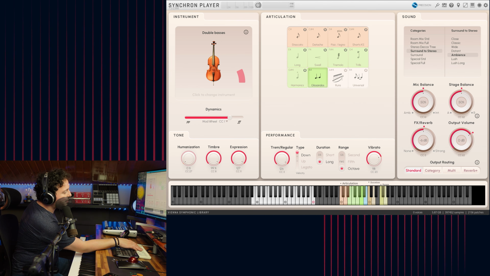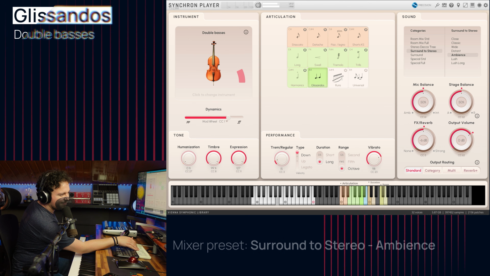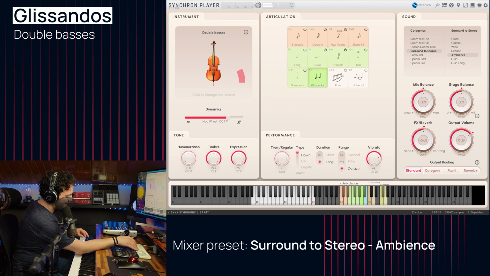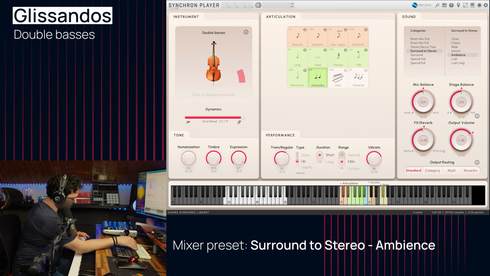And how about this one, but with some tremolo in it? It works so well.